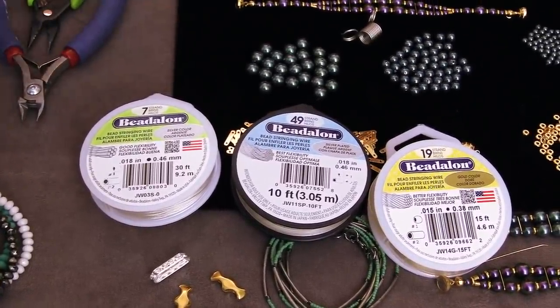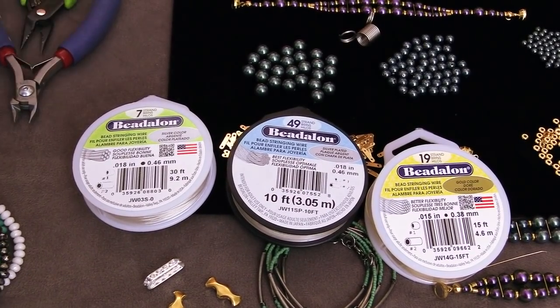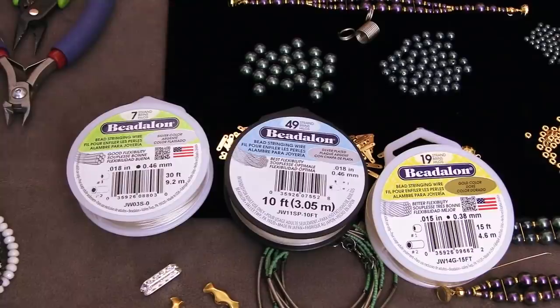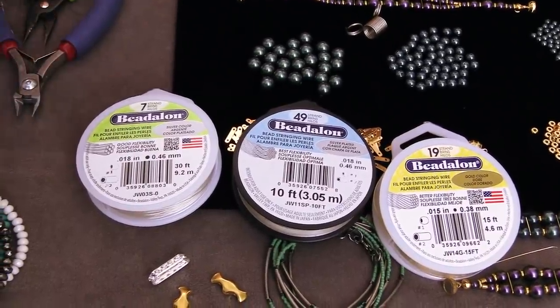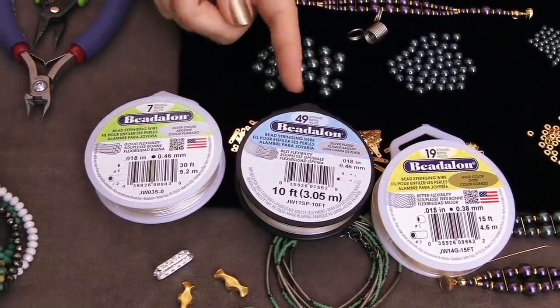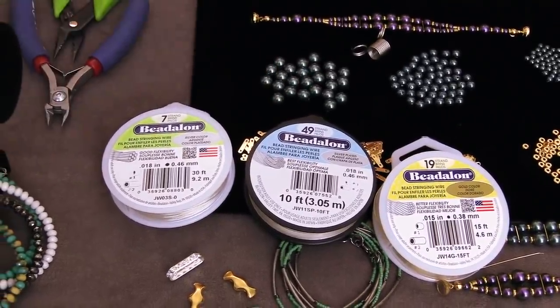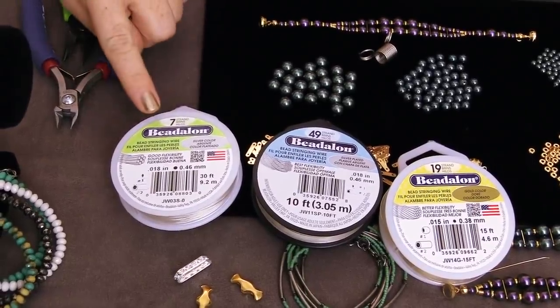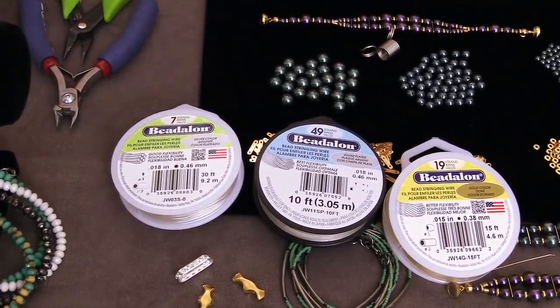So when you're looking at the color, you're looking at the color of the coating, not the color of the wire underneath. Now, you won't really see that, but there you go. Yeah. So just to give you guys a little extra tip, if you're trying to choose the right beading wire, the higher the number of strands, the more string-like it's going to be, so the more flexible it's going to be. The lower number of strands, the stiffer it's going to be, and it's going to be a little bit